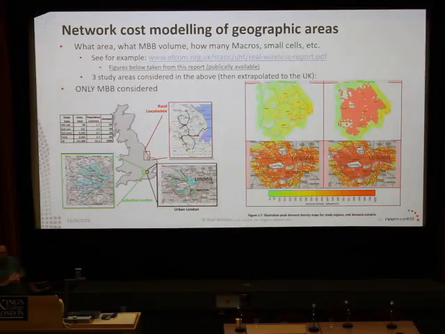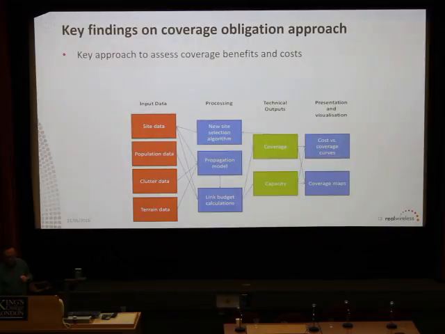Okay, we've picked that, we've characterized it. We then come up with how we're going to go about doing this. We've got the site data. For this, by the way, because it was done through Ofcom, we could get access to the operators' sites. The regulator said, well, actually, we're going to do this as part of the license. We've got this coverage obligation as part of the license process. We want to know all your sites, because of course, you say we want to set this threshold at a higher standard. The government had already said that they wanted 98%. So if you're a rational operator who's trying to protect shareholder value, the right reaction, Mark, what's the right reaction if you're an operator trying to protect shareholder value?